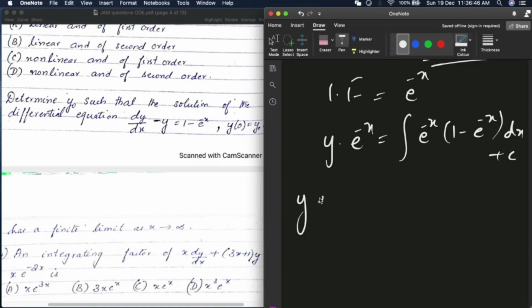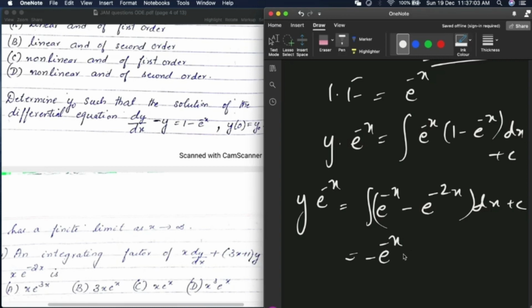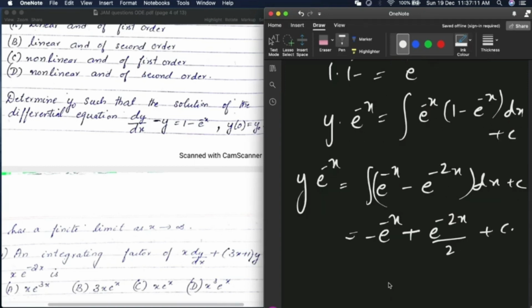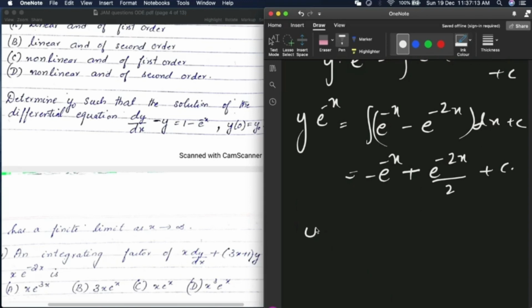So it's y e raised to minus x is equal to integral e raised to minus x minus e raised to minus 2x dx. So I can multiply throughout by e raised to x. So this becomes y is equal to